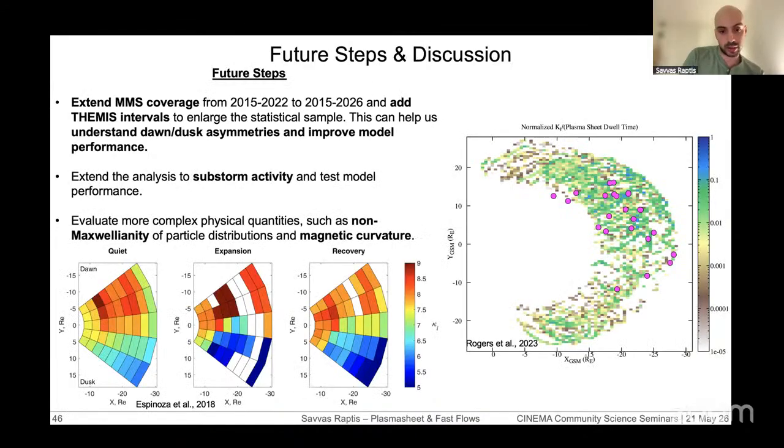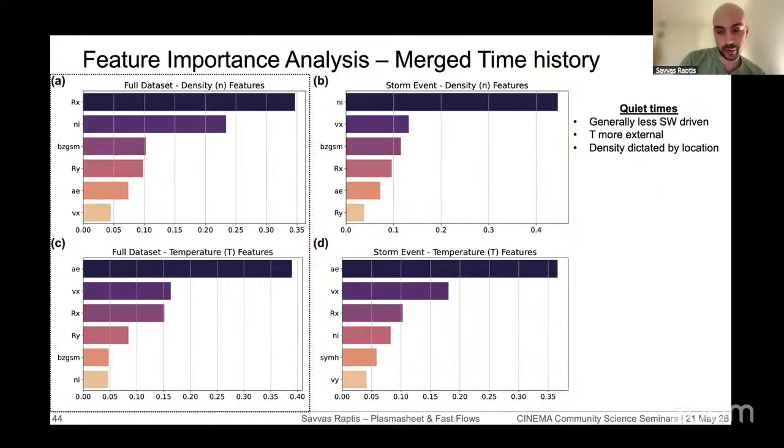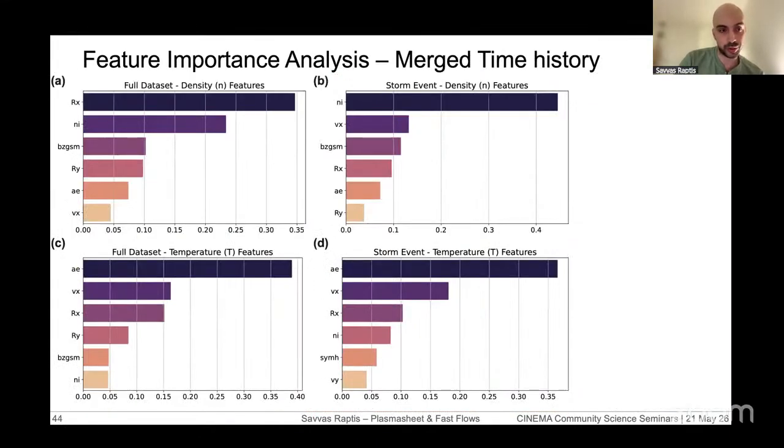Yes, this is a great question. We've been thinking about that for quite some time. So I think the easy answer to the first part of the question is that most of the time the plasma sheet is super boring, in the sense of very predictable. The location can dictate the average value throughout the whole region,